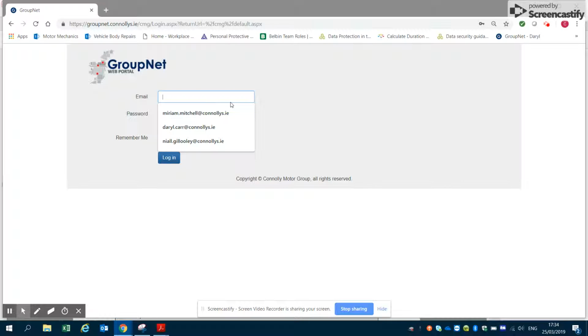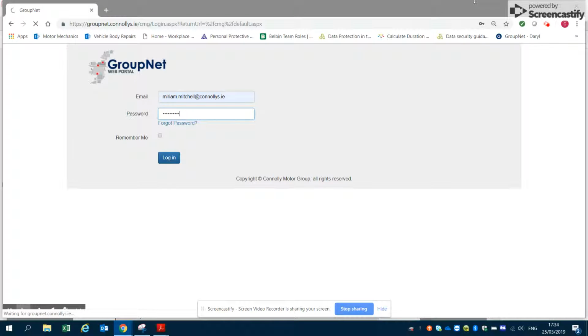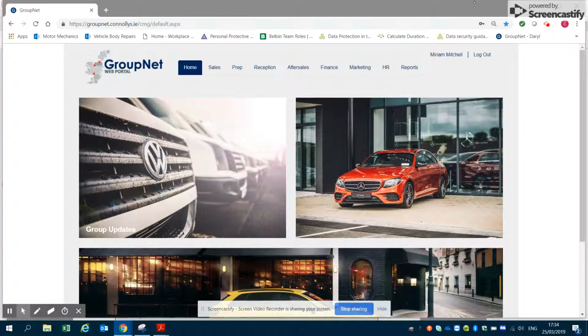Hi all, I'm going to take you through how to do objective setting on GroupNet. So you put in your email, firstname.surname@connellys.ie, and put in your password. If you haven't used GroupNet before, then the password is Connellys with a capital C, number 1, exclamation mark. So you go into HR,